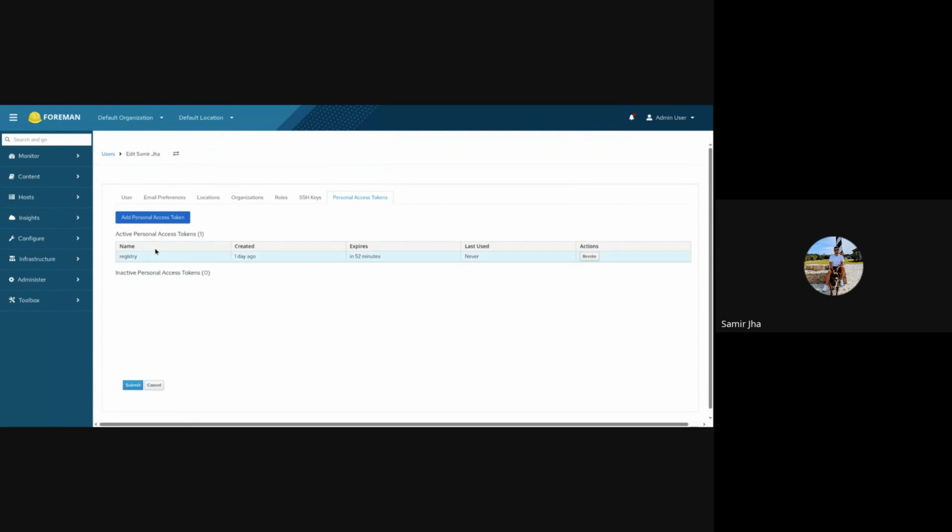So once you log in as this user, which is my own user, you will see a new registry token under your personal access tokens. And this will come with an expiration time of 1 hour. That is 60 minutes. I logged in like 9 minutes ago, so mine expires in 51 minutes.